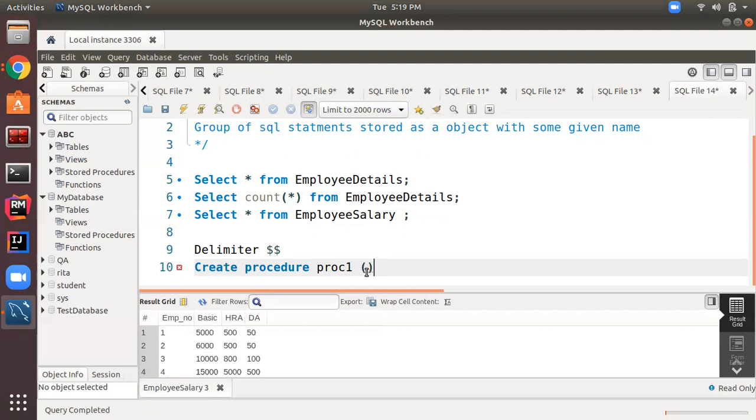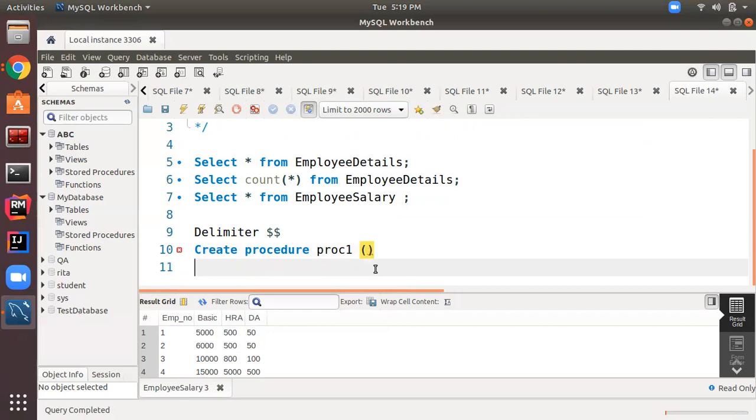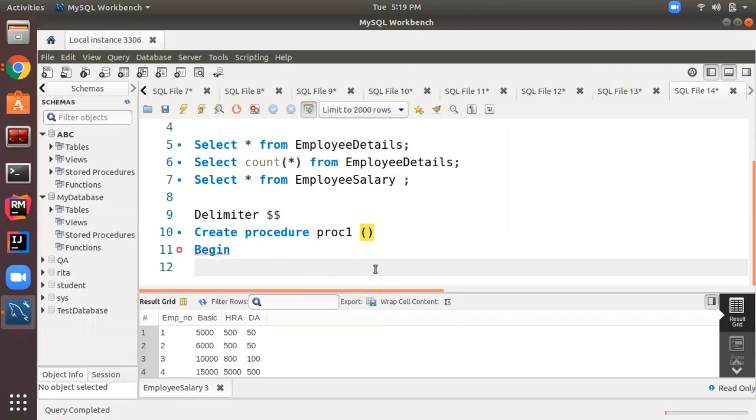Then, since I do not want to pass any parameters, in the parenthesis I am passing nothing, right? After that, a procedure always starts with the begin command, begin and end. A procedure always ends with the end statement followed by the delimiter character which we have used over here.